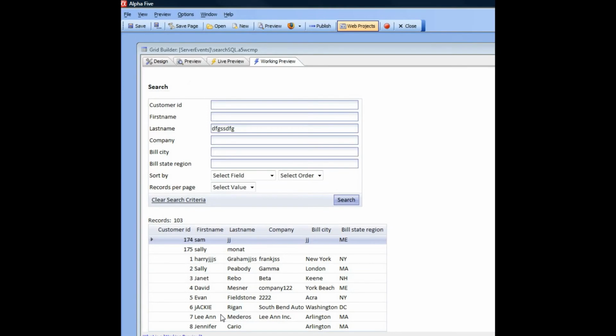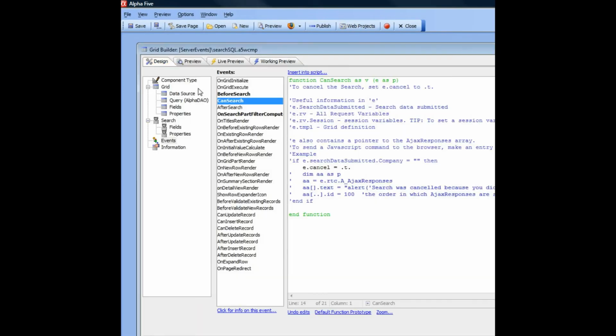Video continues our discussion of the before search and can search event, and you can see here that we set e.cancel to true, just preventing the search from taking place. Now, of course, in a more realistic situation, you would want, as this example shows here, you would want